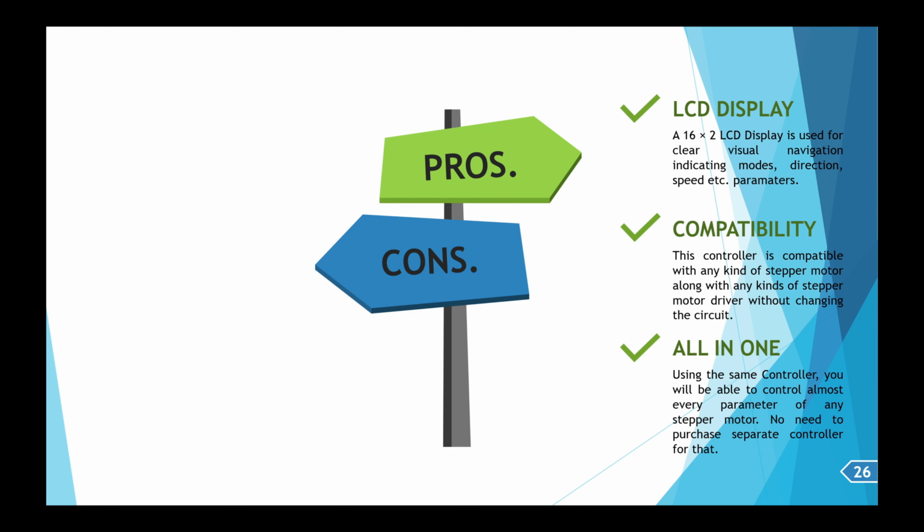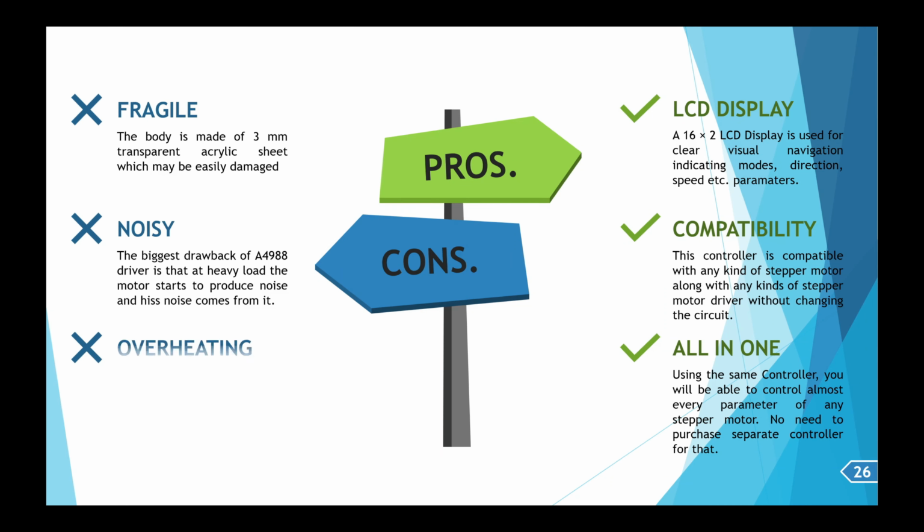Now coming to the cons, there are several cons and they can also be removed. Number one is fragility. Fragile means our body is made of transparent and white acrylic sheet, but the problem with this 3 mm acrylic sheet is that it is very fragile. Very easily scratches and fractures can be made on this acrylic sheet. The second one is the noise. The noise is the biggest drawback of our